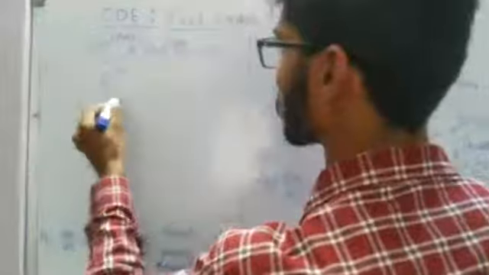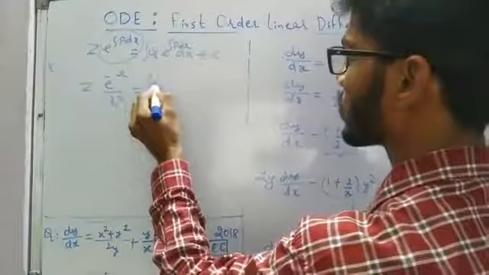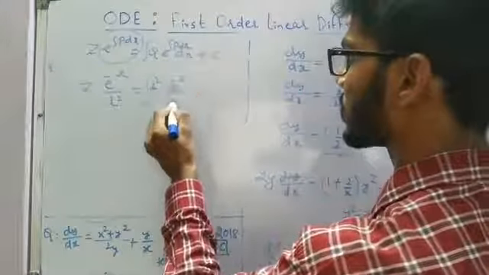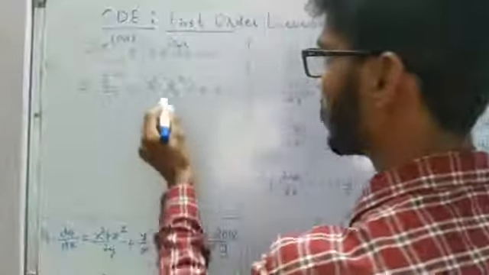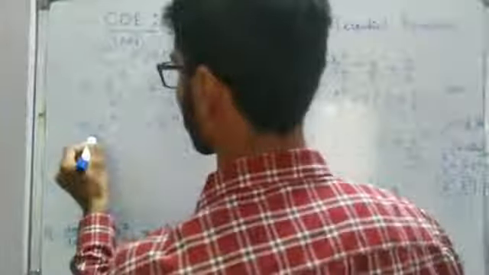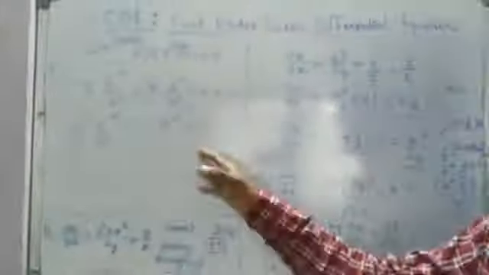We have z in multiplication with it, and the integration of Q. What is Q? Q is nothing but x square, and e^(-x)/x square we have calculated, dx plus c. So x square and x square get cancelled, and the integration of e^(-x) is minus e^(-x) plus c. So z e^(-x)/x square equals minus e^(-x) plus c. Now we have to put z back as y square. So y square e^(-x)/x square equals minus e^(-x) plus c. So this is our solution.